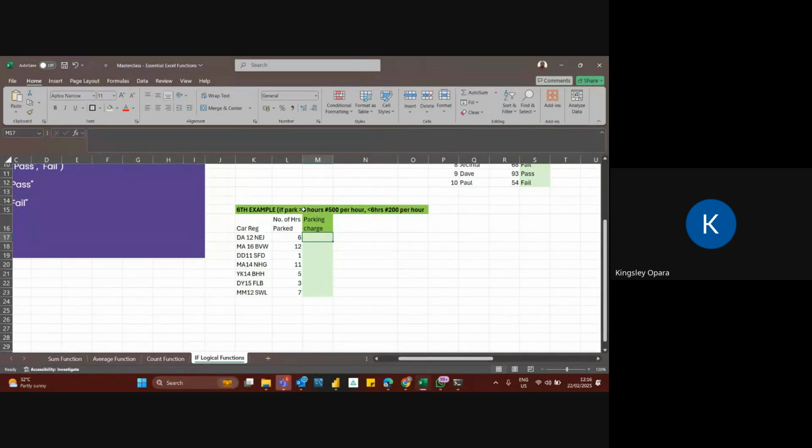Take note of what I've said, over 6 hours, which means anything above 6 hours. From 1 minute, in fact, from 30 seconds to 6 hours is still 200 naira per hour. But the moment it crosses 6 hours, it becomes 500 naira per hour.